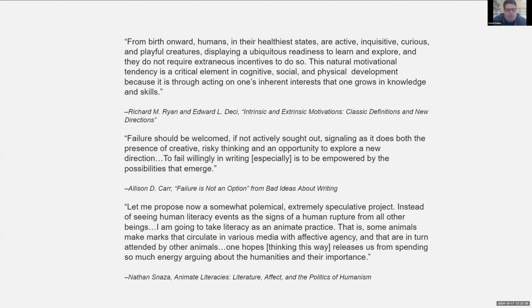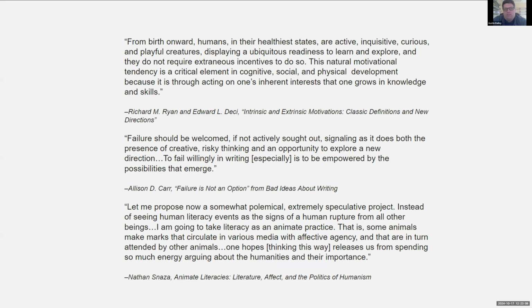And then this last one is a bit more theoretical. It's from a book by Nathan Snaza. "Let me propose now a somewhat polemical, extremely speculative project. Instead of seeing human literacy events as the signs of a human rupture from all other beings, I'm going to take literacy as an animate practice. That is, some animals make marks that circulate in various media with effective agency and that are in turn attended by other animals. One hopes thinking this way releases us from spending so much energy around arguing about the humanities"